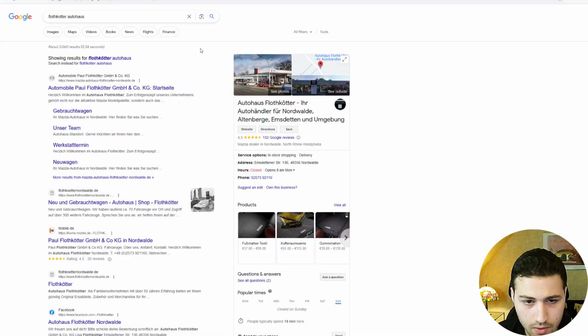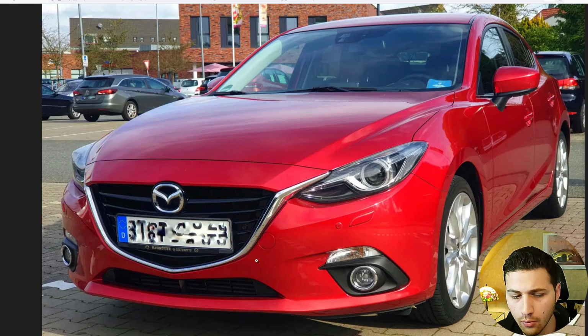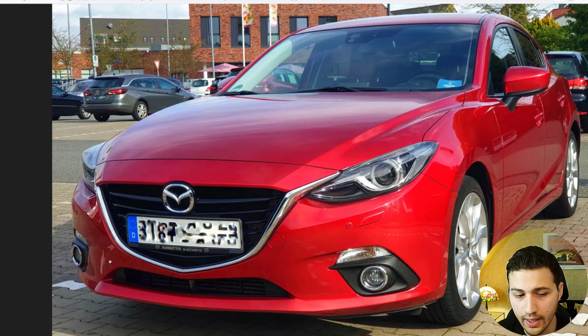The first thing that I'm going to search for is the car dealership on the license plate. So let's do this. Here is the place where this person has actually bought his car. Most companies will put their company name and phone number, obviously for advertisement purposes. The information that's missing is that we don't know whether the owner of this car has bought his car new or used. If he bought his car new, then we can assume that he bought it from this place,